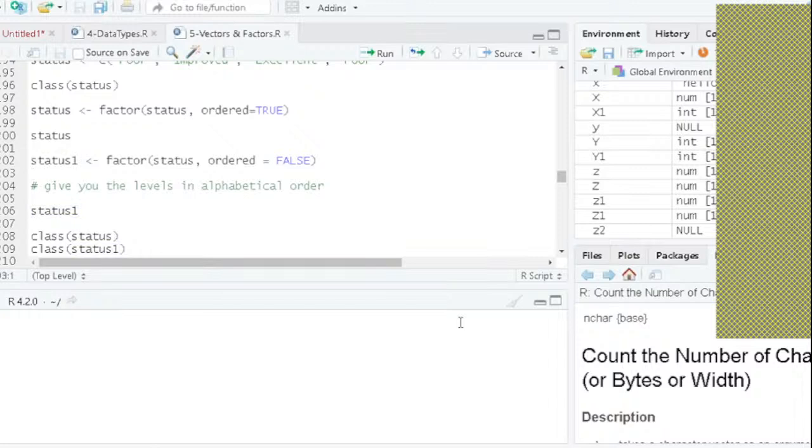Once you do Control L, if you want to bring the cursor back to the script writer, the script window, Control 1 will bring the cursor back to the first window. Control 2 will bring the cursor back to the console. Control 1 will again bring it back to the first window. Okay. Now